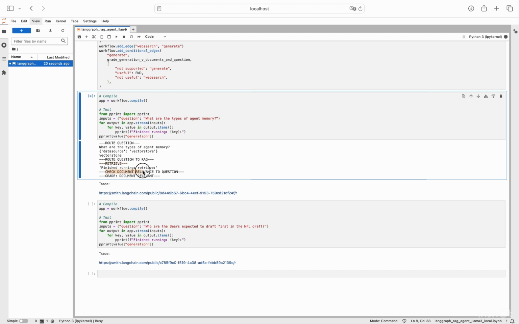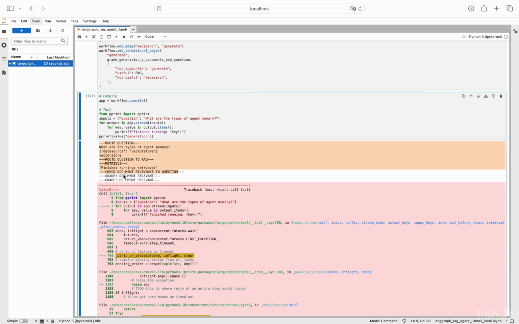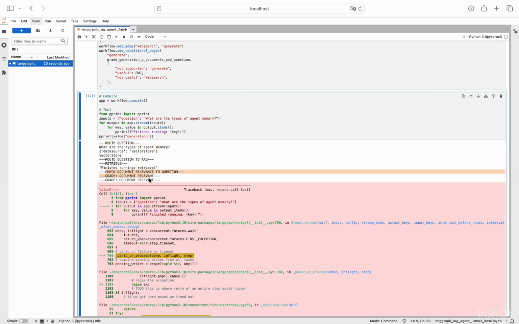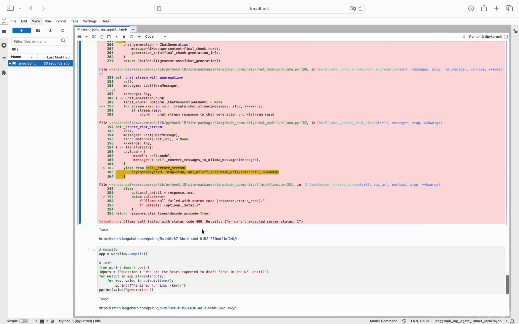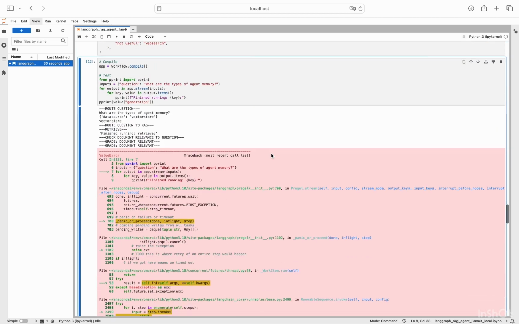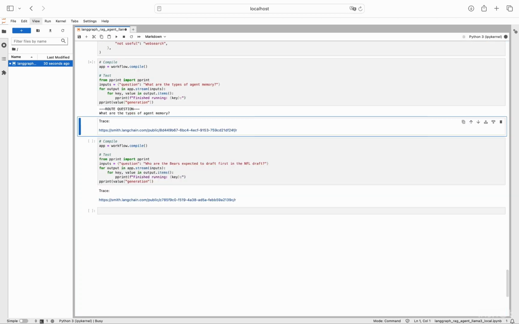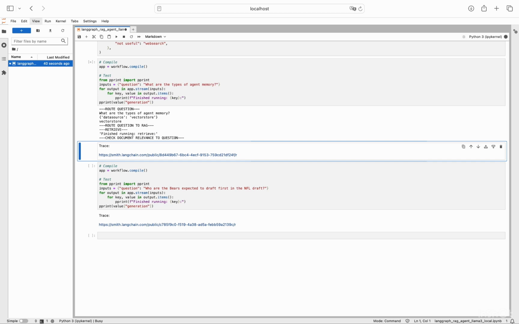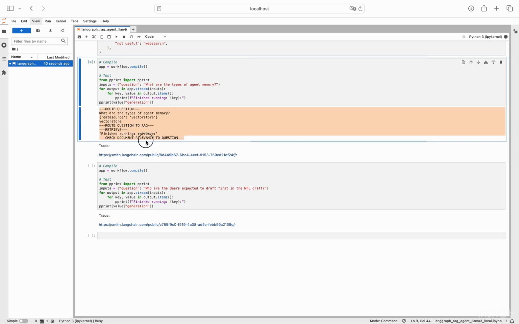Retrieving involves checking the documents and it gives a grade, and there is an error here, which is normal because Llama sometimes cannot handle it, so we will do it again until it works. So no problem with this error. Okay, so again,